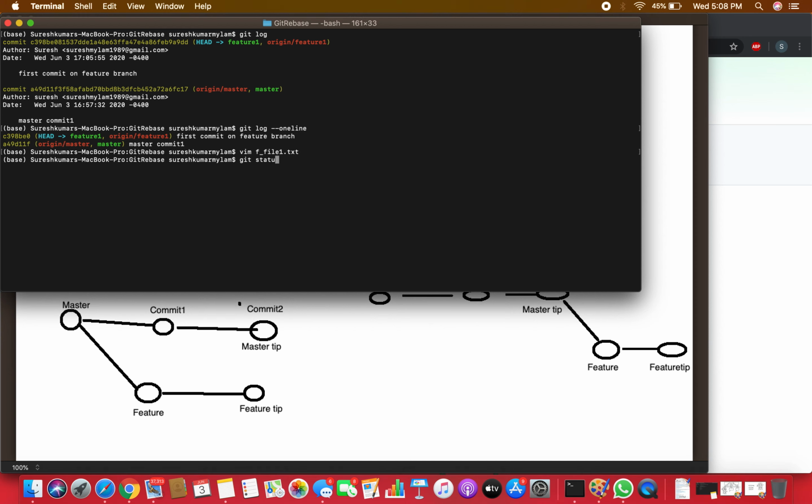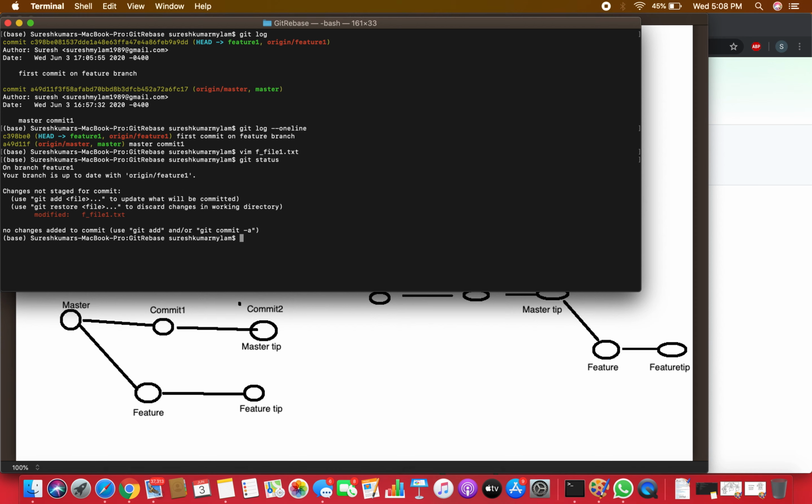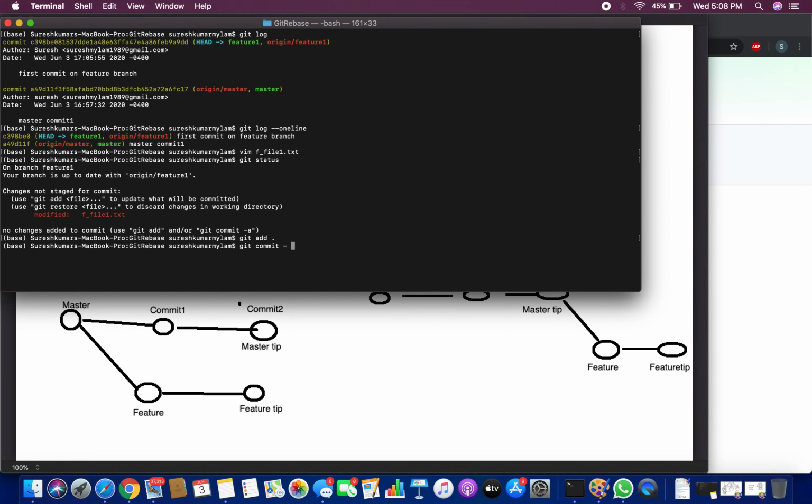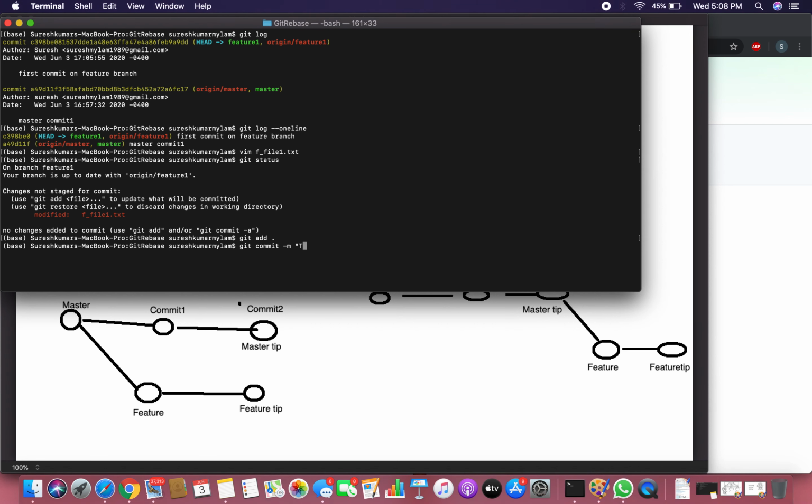Now if you check the git status, see again we have a file which is modified, which is being tracked. Now you are going to use git add to add it to the index, and you are going to commit -m. This message you are going to provide: second commit.